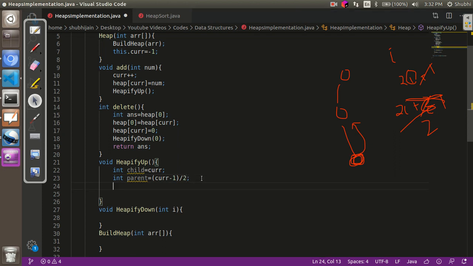Now we have to do this until either we place the node in the correct position or we reach the top, which is the root.